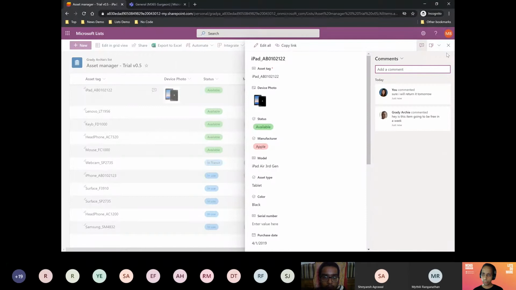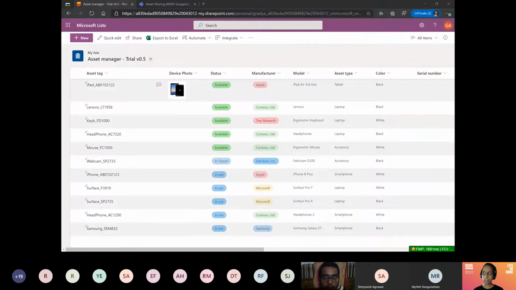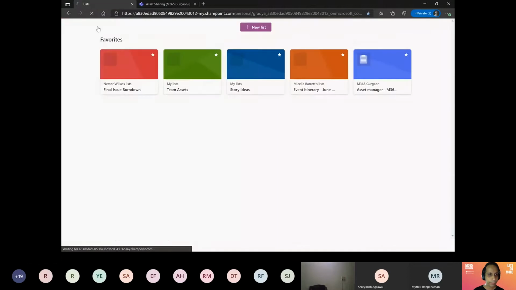So this allows you to collaborate very well with your teammates. You can have a discussion around a certain item without leaving the web experience itself, and everything really increases the collaboration power just in the web experience.